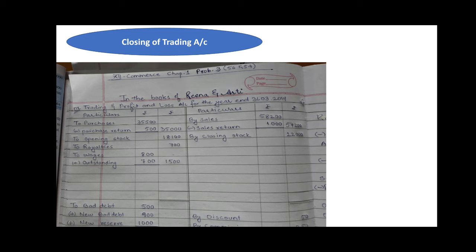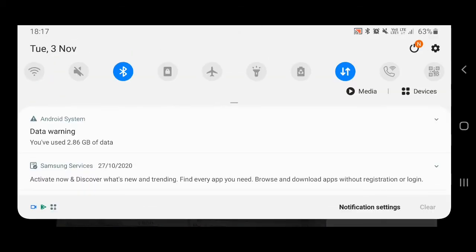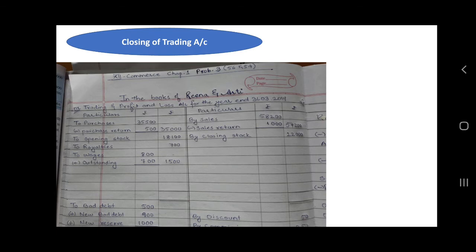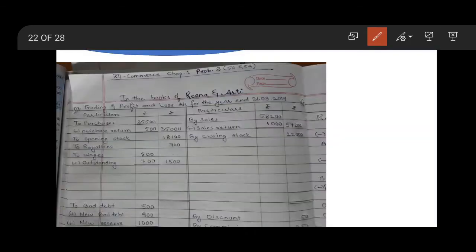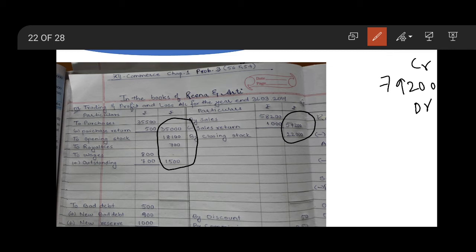Now after all the adjustments, we'll go for the closing of accounts. First we'll close the trading account. Take the total of the outer column credit side and take the total of the outer column debit side. The total of the credit side is 79,200 and the total of the debit side is